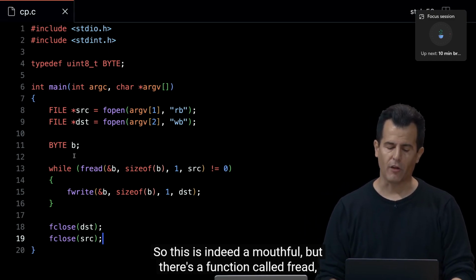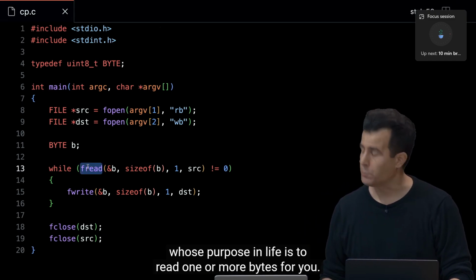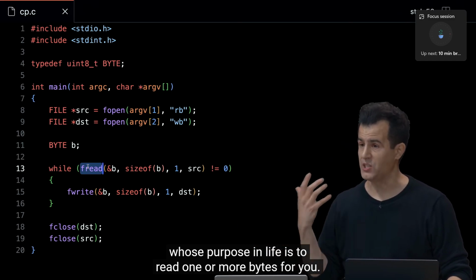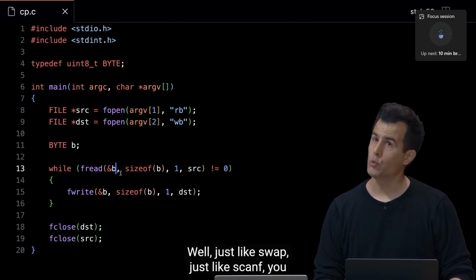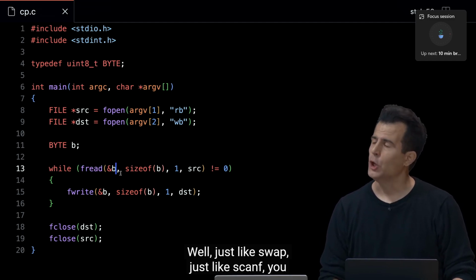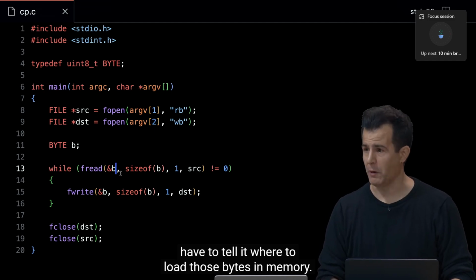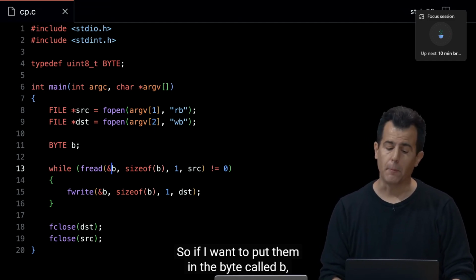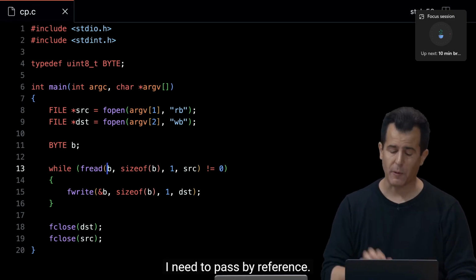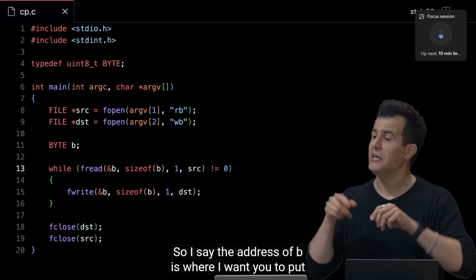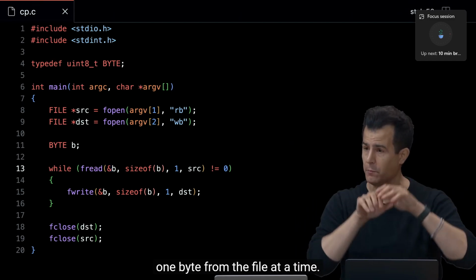How? So this is indeed a mouthful, but there's a function called fread, whose purpose in life is to read 1 or more bytes for you. How does it work? Well, just like swap, just like scanf, you have to tell it where to load those bytes in memory. So if I want to put them in the byte called b, I can't just say b, because that's pass by value. I need to pass by reference. So I say the address of b is where I want you to put 1 byte from the file at